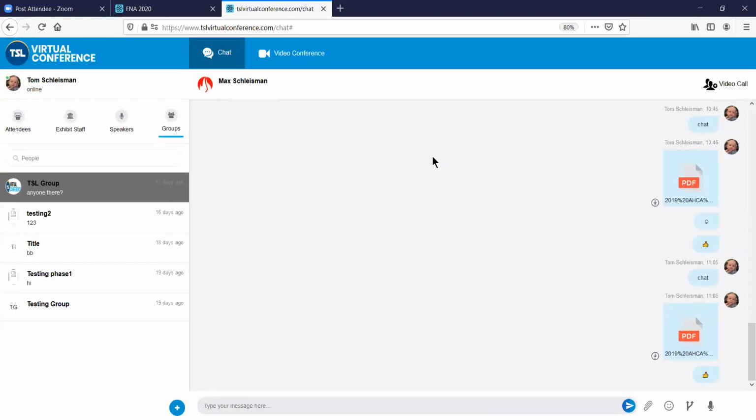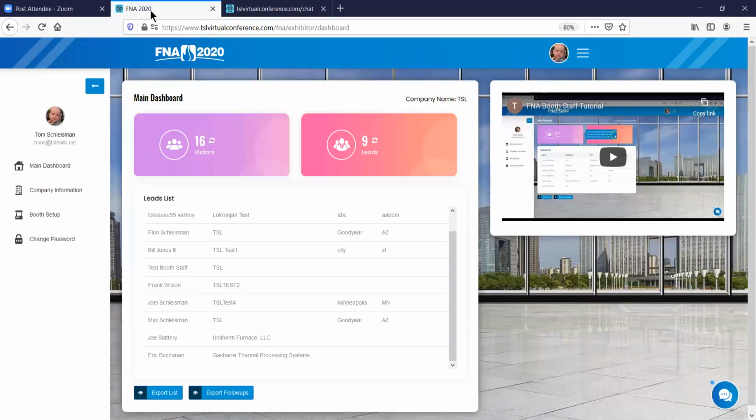But I really hope that you'll use the chat and engage with all the people that you know in the conference to make it successful. Be sure that you keep this window open during the event, and you'll receive notifications every time somebody sends you a chat. If you want to navigate back to the meeting, just come over here and click on that, and